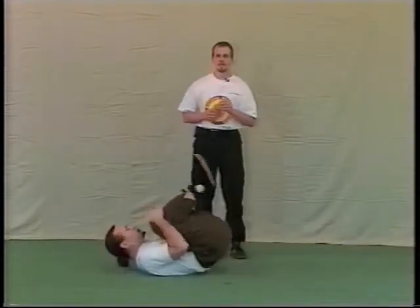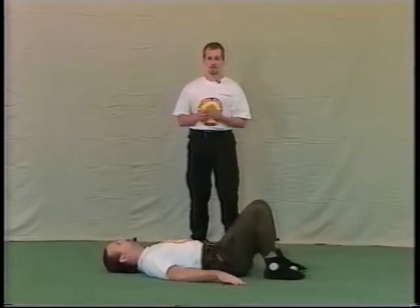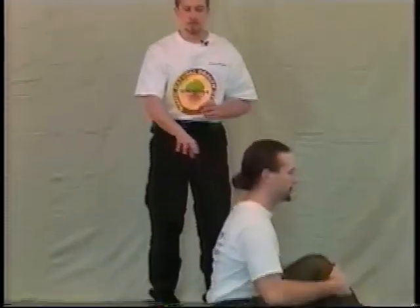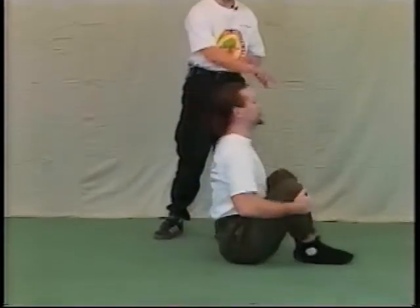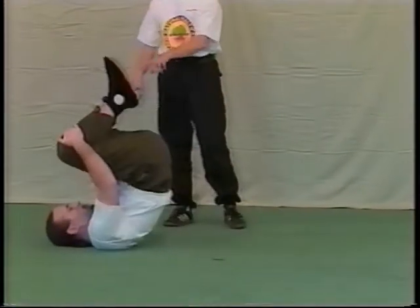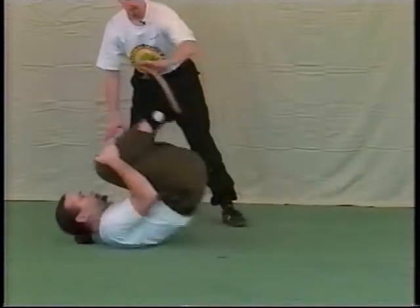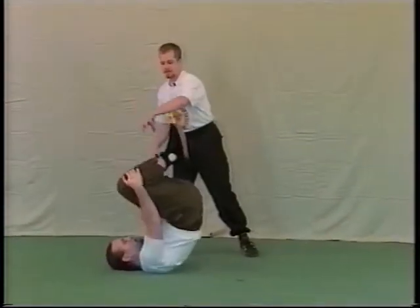Okay. Now, what we're going to do is expand this articulation in the spine so that we are rolling straight up in a wave, rolling straight down in a wave-like pattern. Scott's going to start, again, just rolling back and forth, holding onto his knees. Now, when he gets right up to this position here at the top, he wants to release this potential energy